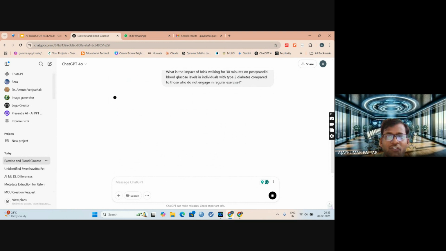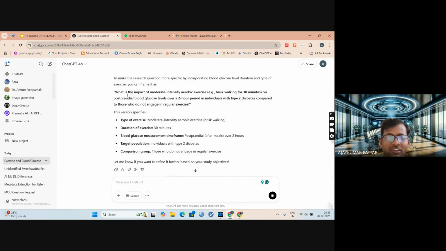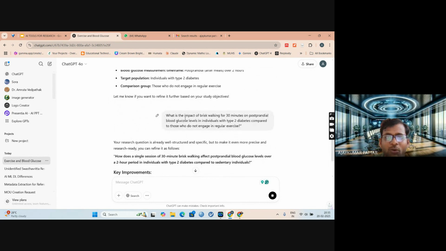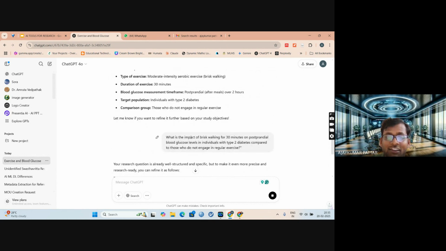What is the impact of brisk walking for 30 minutes on postprandial blood glucose level in individuals with type 2 diabetes compared to those who do not engage in regular exercise? Already I have given a correct one.